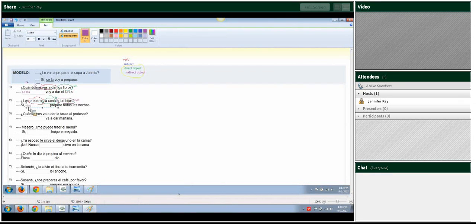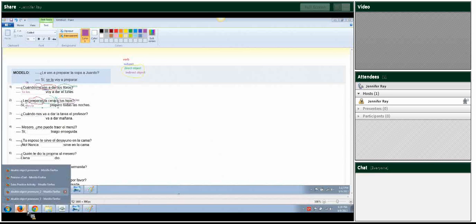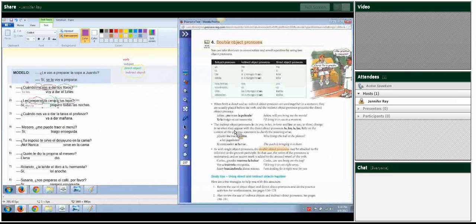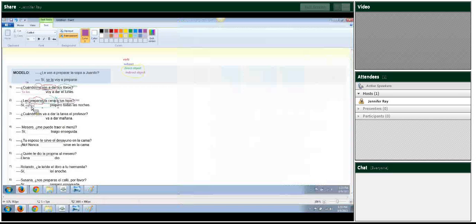Les, la. However, if you go back and you look at your book again, it tells you that the indirect object pronouns le and les change to se when they appear with the direct object pronouns lo, la, los, and las. So when you put these in, if you end up with both of them starting with an L, then the one that comes first, the indirect object, you need to change from either le or les to se. You're not going to have two L's. Les la is too hard to say. So we're going to change our les to se. I forgot to change the color of that.